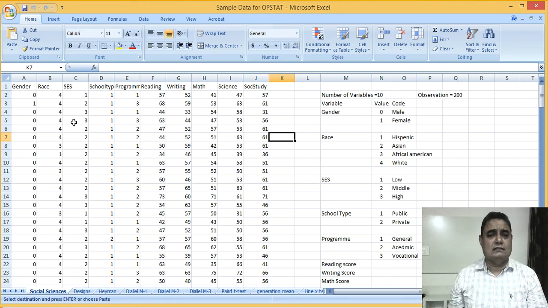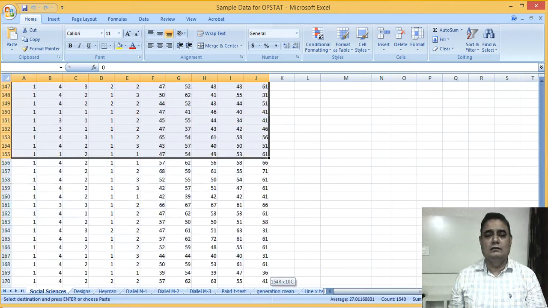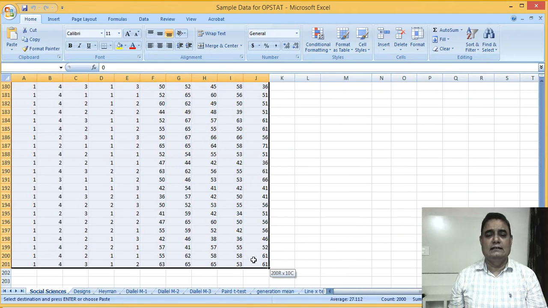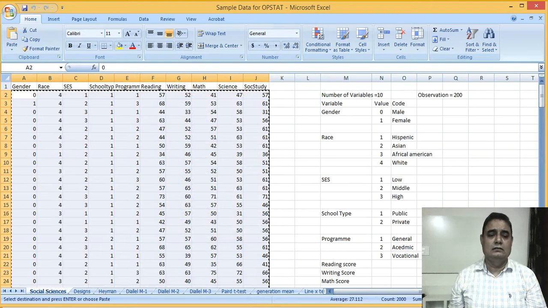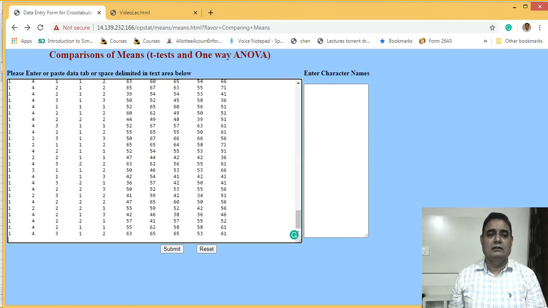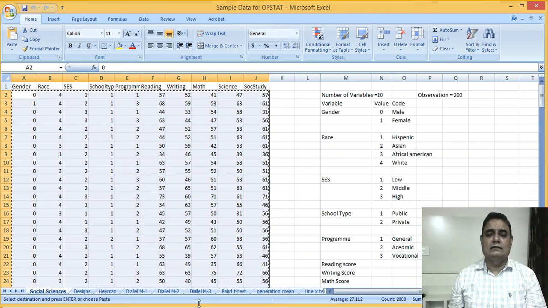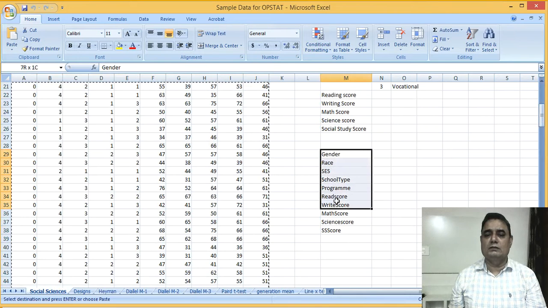So I just copy this data as usual for 200 students and paste it in the interface provided here. Similarly, I can give the names of the variables: gender, race, socio-economic status, school type, and one more, sorry.